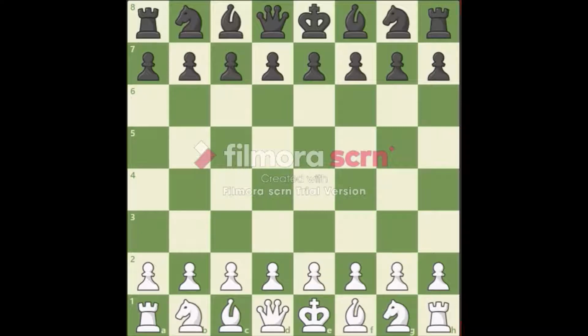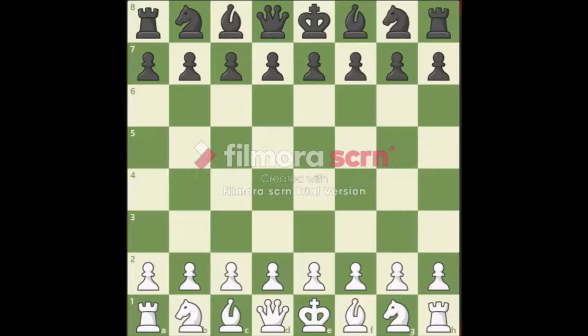Let's try a diagonal starting from A1 all the way up the board. Notice that this square is H8. In between this square we see B2, C3, D4, E5, F6, G7 and H8, and together this is called the A1 to H8 diagonal, because the diagonal starts from A1 and ends on H8.